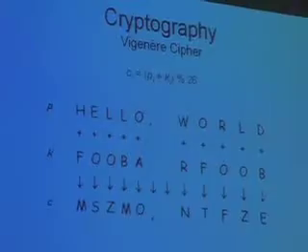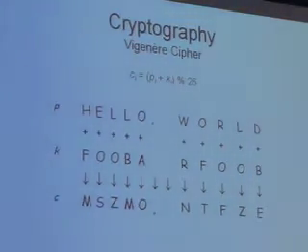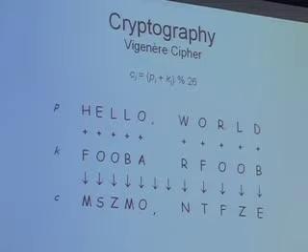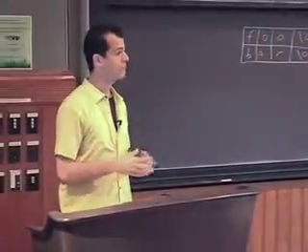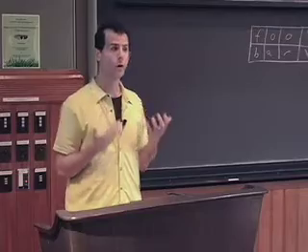Well, Caesar's all fine and good, but what is, again, to be clear, a weakness of it? It's really easy to decrypt, right? You can guess the keys. Better yet, you can try all possible keys. Even doing it by paper and pencil, odds are you could try all 26 possible keys and eventually realize what the key was, because the plain text would eventually jump out at you.